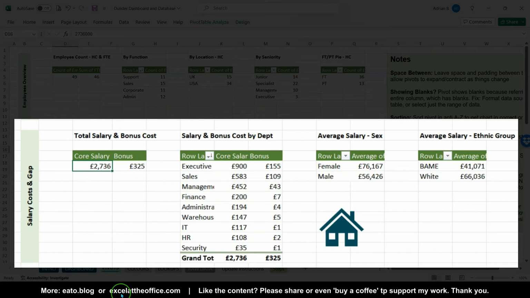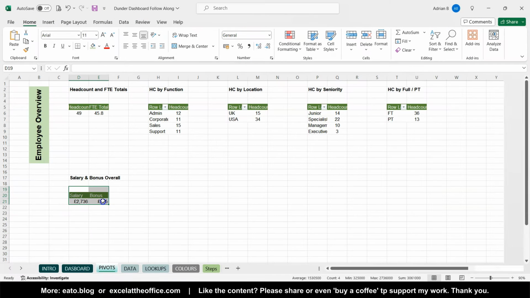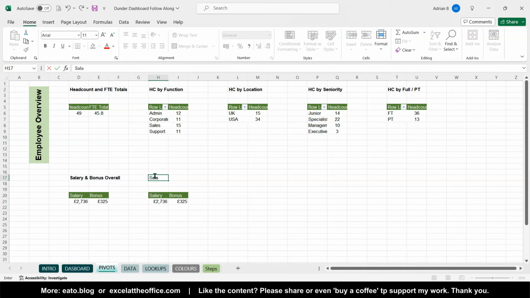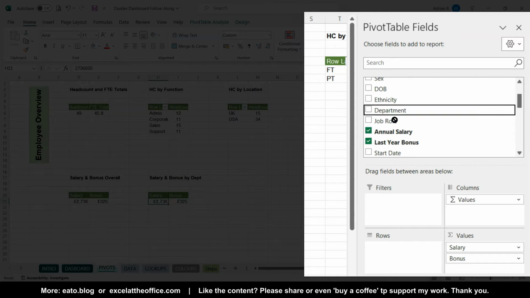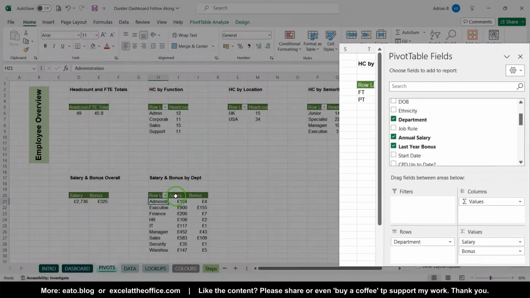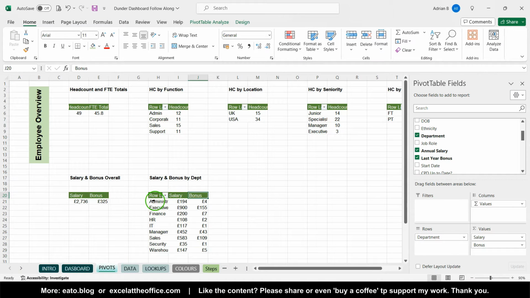So let's copy and paste the first one and do that by department. So I'm going to copy it, Control C to copy, Control V, salary and bonus by department. It's good to name the pivots just for your reference. In a while I'll show you, you're going to name them for Excel's reference, but we'll do that towards the end. So I don't want just the total. In this case I want to drag in the department. So now I've got my salary and bonus listed, but then my departments listed, in this case in alphabetical order,